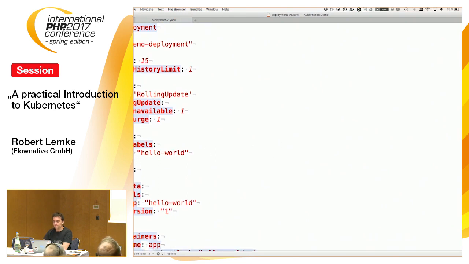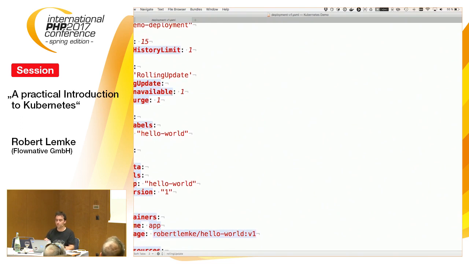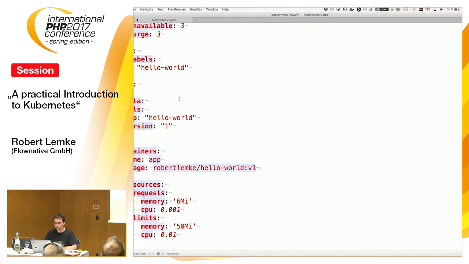And there are nice things you can tell about when it will deploy a new version, what strategy it should do, create everything from scratch again, or in this case we want a rolling update and we want to make sure that, let's say, there can be 3 more than the 15 replicas, but at maximum 3 pods can be unavailable at a given time. So that's the strategy you set.